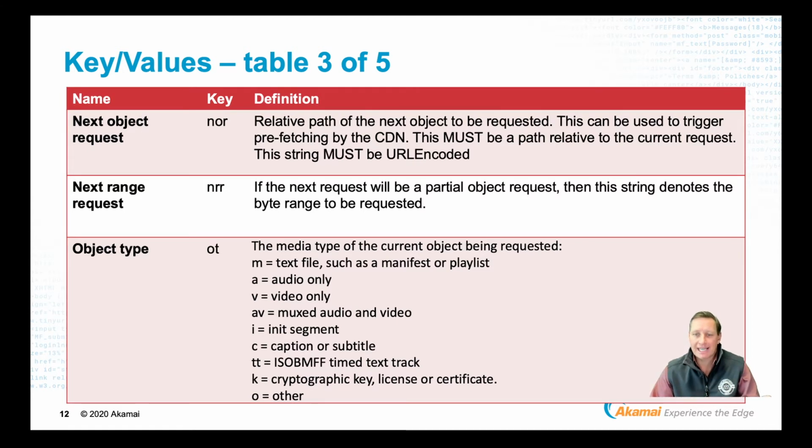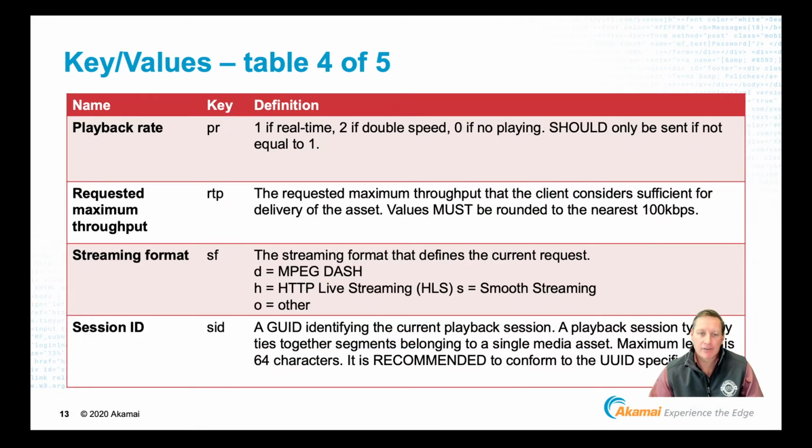Object type, this just classifies adaptive segmented media objects by some very common types, including cryptographic keys, caption subtitles, init segments, etc. Playback rate, in the realm of low latency now, we can accelerate or decelerate playback to try to catch up. And again, it's useful to know, is this player constantly accelerating in an effort to catch up or decelerating? Maximum requested throughput is where the player can optionally choose to limit the throughput that is being sent to it. It might do this because